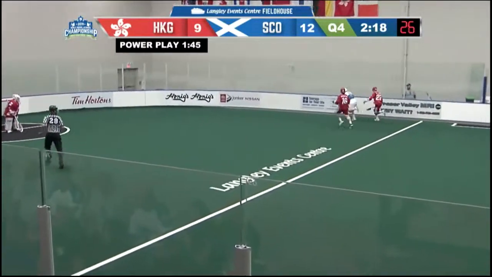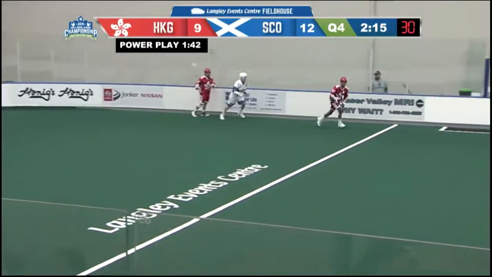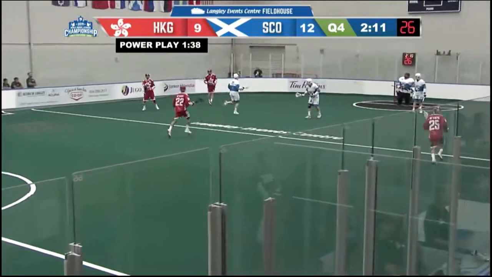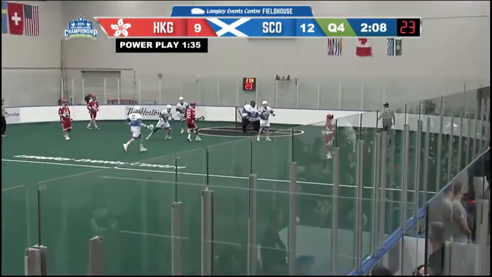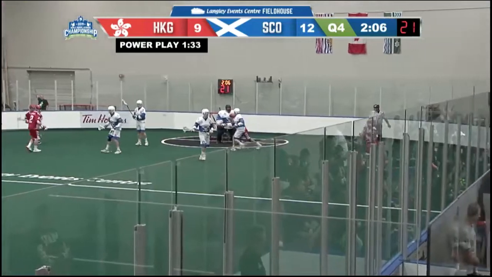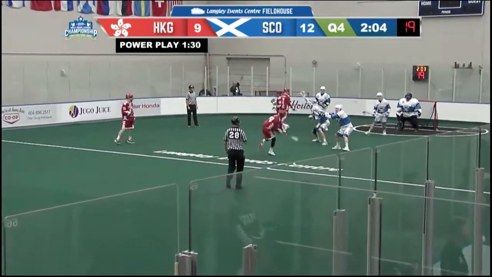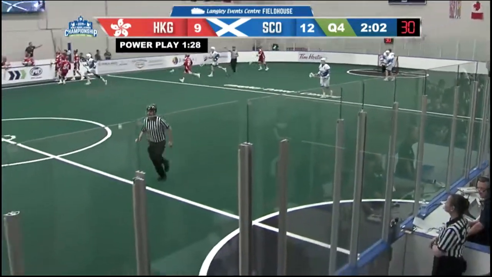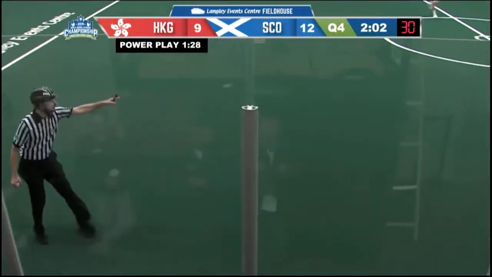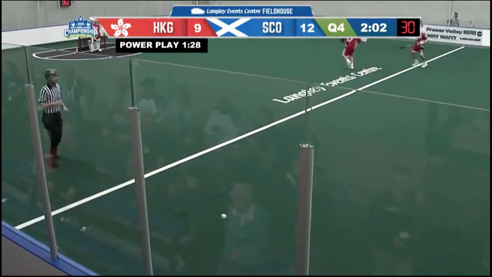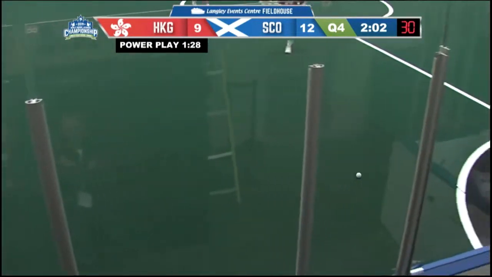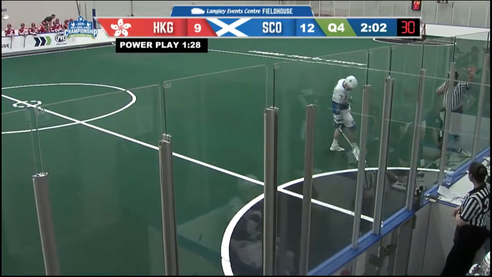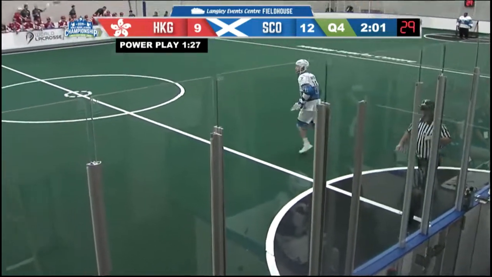He has had numerous penalties, especially in this second half. Hong Kong looking for something here, ahead 5-on-4 in the power play, but trailing 12-9. Two minutes remaining in regulation.